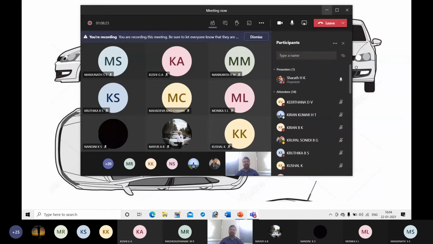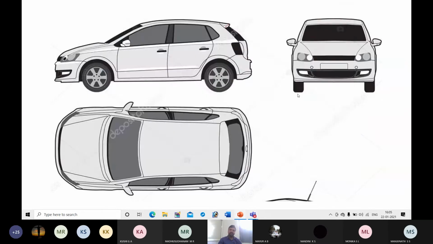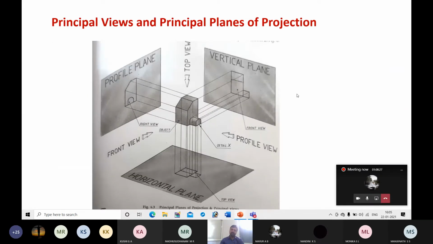The vertical wall in front of you is nothing but the vertical plane which we are able to see. So here, you are looking straight forward at an object. Where will this be projected? This will be projected on the vertical plane. If you look straight ahead sitting in a room, you see the vertical wall. In the same way, in drawing, it will be projected on a vertical plane. If you look down, you will see the ground or floor of the room, that is nothing but the horizontal plane.